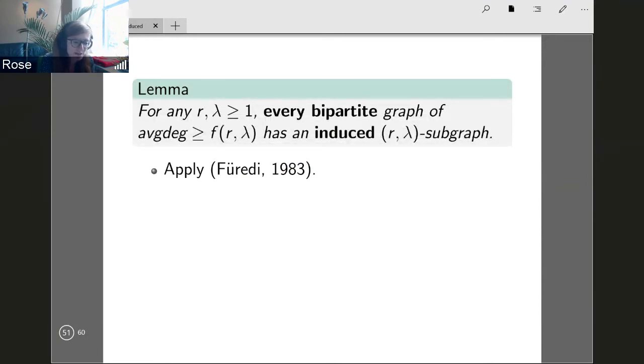It's included in the paper because they write it for subgraphs, not induced subgraphs. So it's all self-contained there. I want to say a little bit about what this theorem of Fioretti is that they imply. And it's a theorem on hypergraphs, which is why we've reduced to the case where one side is regular.